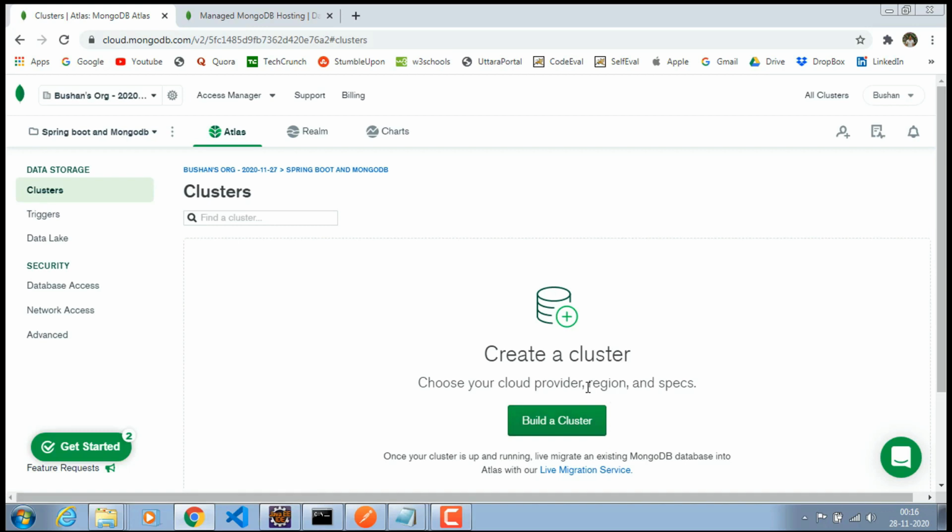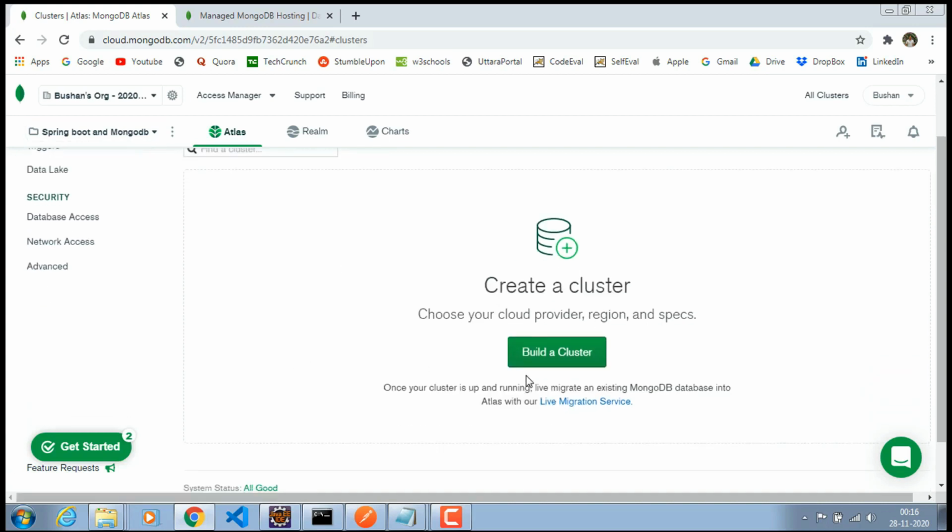Inside this cluster, we're going to create the database. In my case, I have created a separate project for this. It is not creating any cluster, so I will manually go ahead and create the cluster. But in your case, after you sign up, you will automatically land on this home page, and it will create a project as well as the cluster. So I'll go ahead and create a cluster.